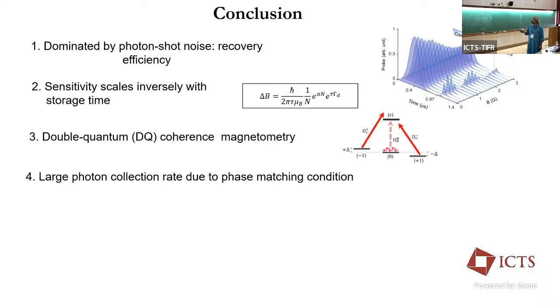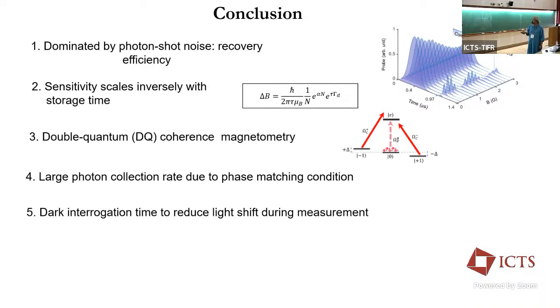Then there's this double quantum coherence. The double quantum coherence magnetometry, in the sense we have already discussed, I think Amar also talked about earlier, and others also talked about, has other inherent advantages, because you're taking the difference of the phases. So a lot of common mode noise drops out, which people have done in magnetometry earlier as well. In this case, it becomes an advantage. And one can also think of light shifts canceling and so on.